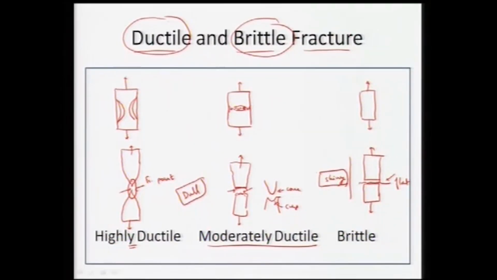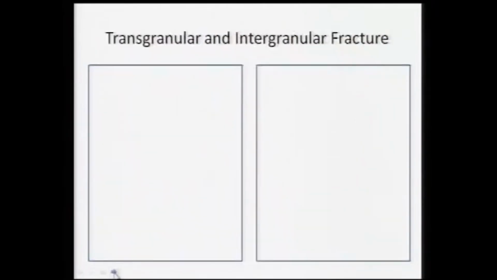So, we can see in ductile fracture, it can be a point fracture, it can be cup and cone type of fracture, and the surface will appear pretty dull, whereas in case of brittle fracture, we will see that the surface is pretty shiny and highly flat in nature. Depending on that, the brittle fracture can again be transgranular or intergranular in nature. Trans means it is through the grain, intergranular means in between the grains. So, fracture can also be transgranular or intergranular.